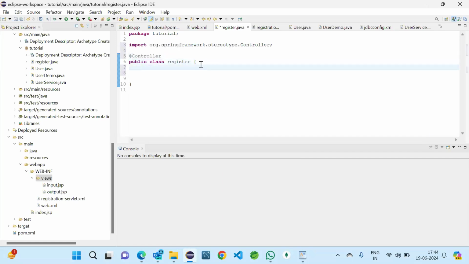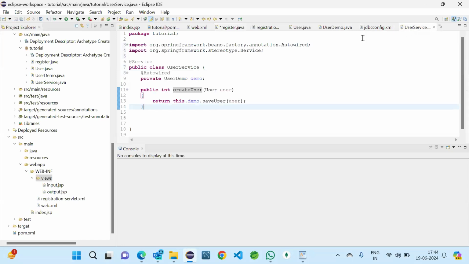So here we will be going to add the paths to our URL. Which path will give the registration page and which path should give the success page. Like that we are going to add in the controller. First we'll take the object of the service. Now we use this service to pass this user, and from this the user will go to save user.